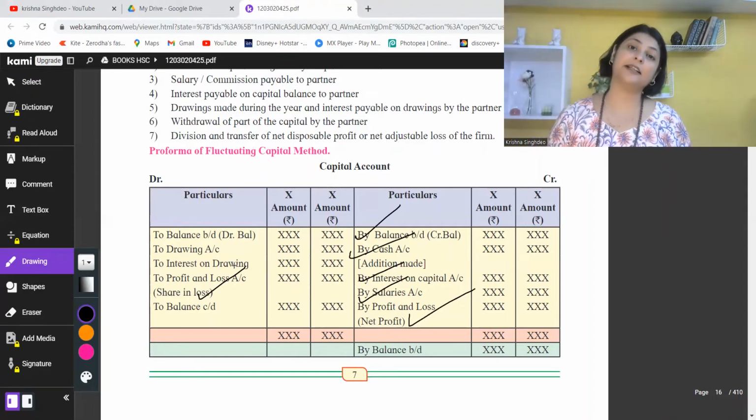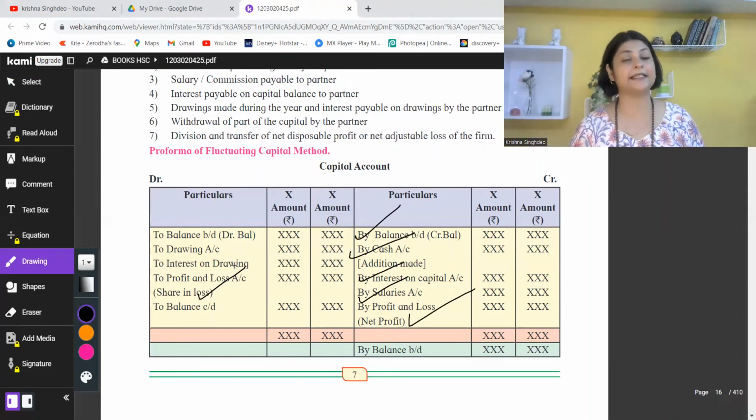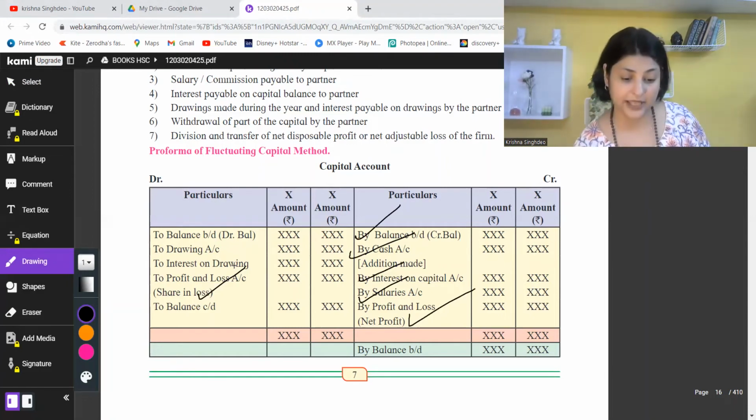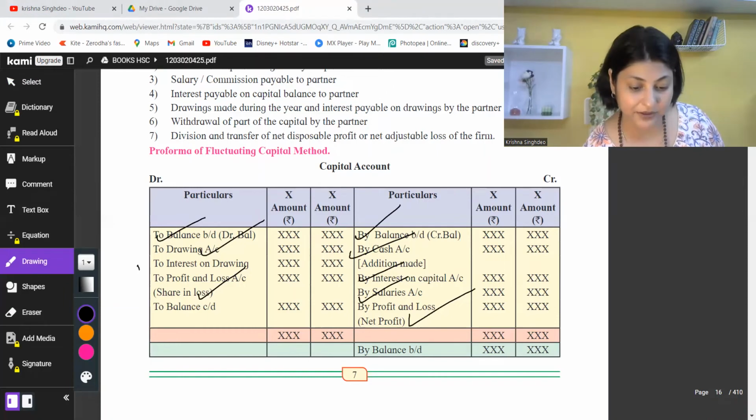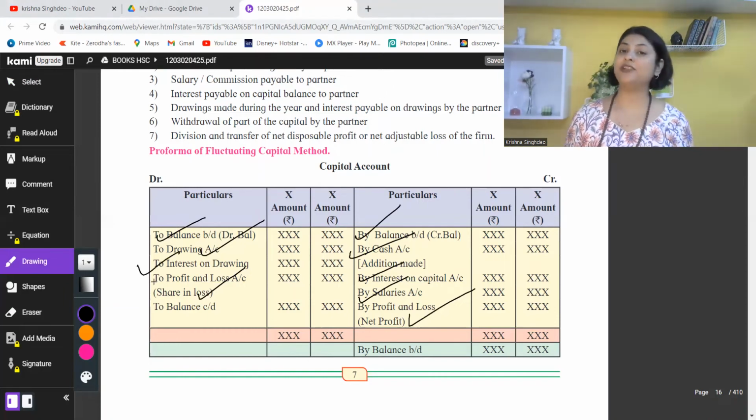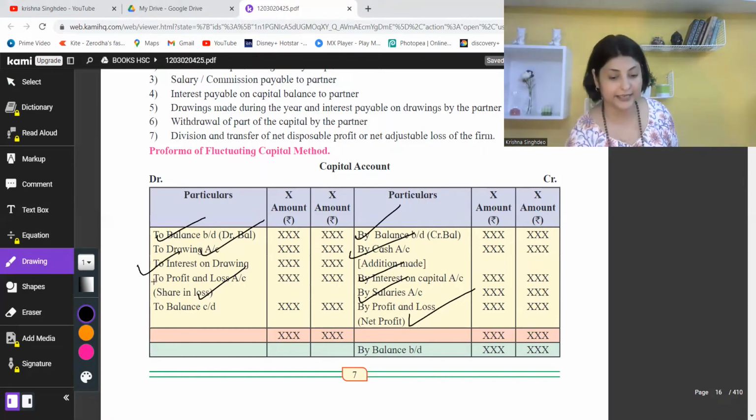Is it a possibility that a partner has a debit balance? Yes, this is a possibility. And when does it happen? When a partner has over-withdrawn, meaning he has withdrawn more than the capital invested by him, it is going to come on the debit side. Then you write drawings, whatever drawings partners have made. Any interest charge on the drawings will also come on the debit side. And in profit and loss, the share of loss will come over there,